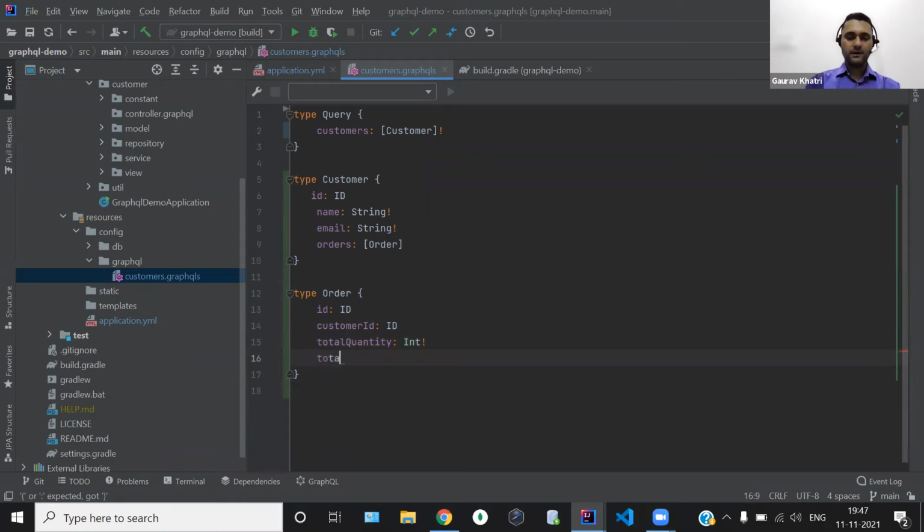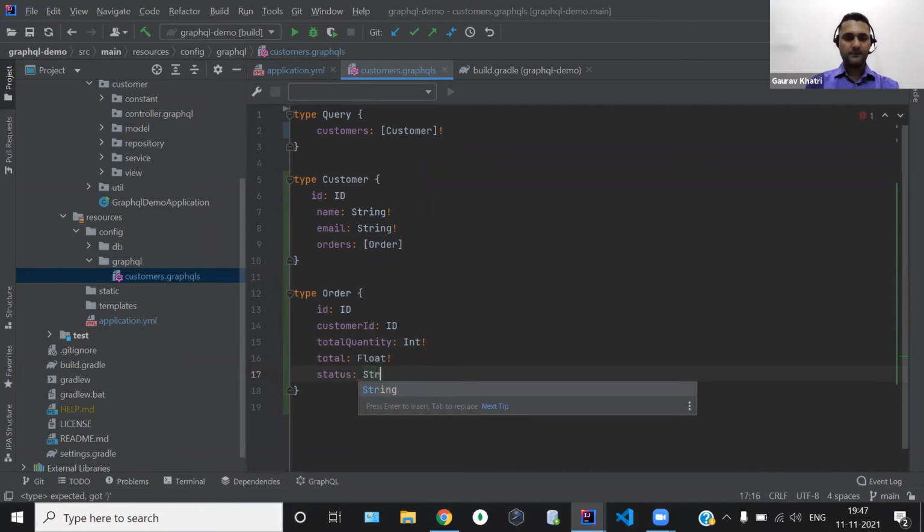Then what is the total of this particular order? I will use Float as the data type over here. And again, in the end, I want some kind of status for that particular order. So we will have status